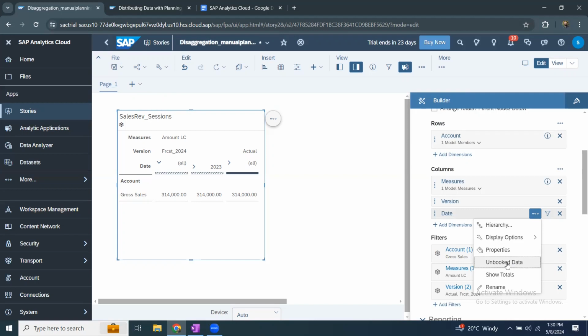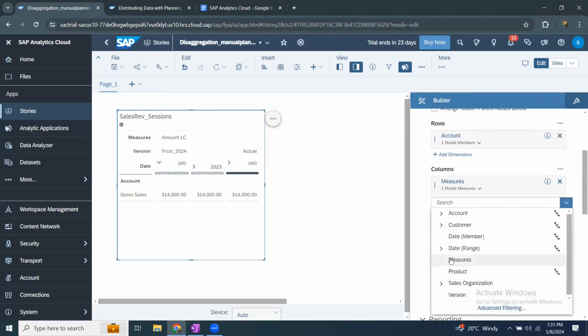So if I select it right now here, it is going to bring me 2024 and 25 as well onto the columns, which is not what I wanted. I wanted to filter it first so that it gets limited data. So go to the filters, add date range,